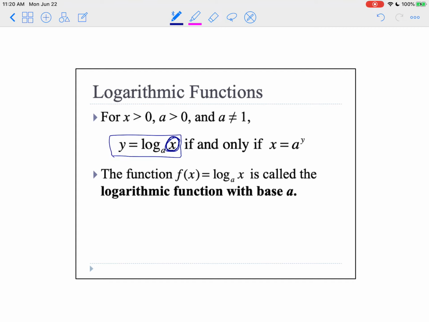So again, if y equals log base a of x, then we know that x equals a to the y. I didn't come up with this notation. What this means is a logarithm is just a way to rewrite an exponential equation. But the good part is, notice how y is the exponent here? That's this right here. So a logarithm is a way to rewrite an exponential equation solved for the exponent,